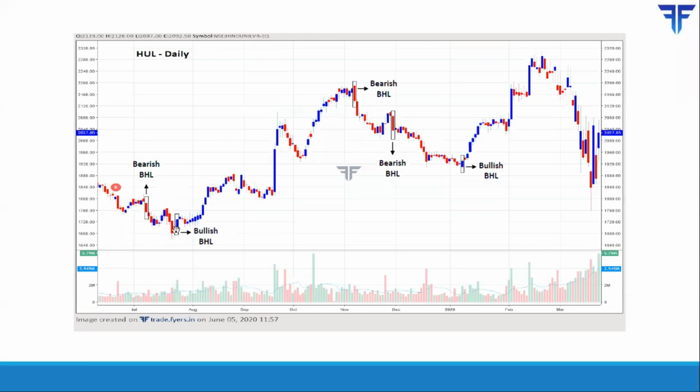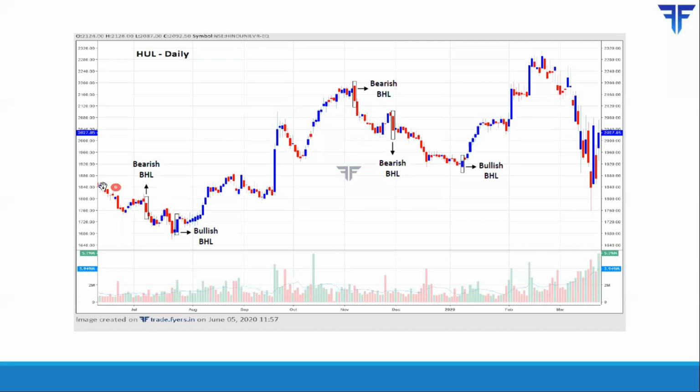But then look at this, a bullish belt hold line formed a few days later. Now, this is a very classic bullish belt hold line because the opening is at or very near the low of the day. And then you had a very strong rally with price closing near the high. So you have a pretty tall bullish candle with the opening near the low and the closing just below the high. More importantly, on the subsequent day, price did not break below the low of the bullish belt hold line and instead broke above the high of the bullish belt hold line. So it's a very bullish signal.